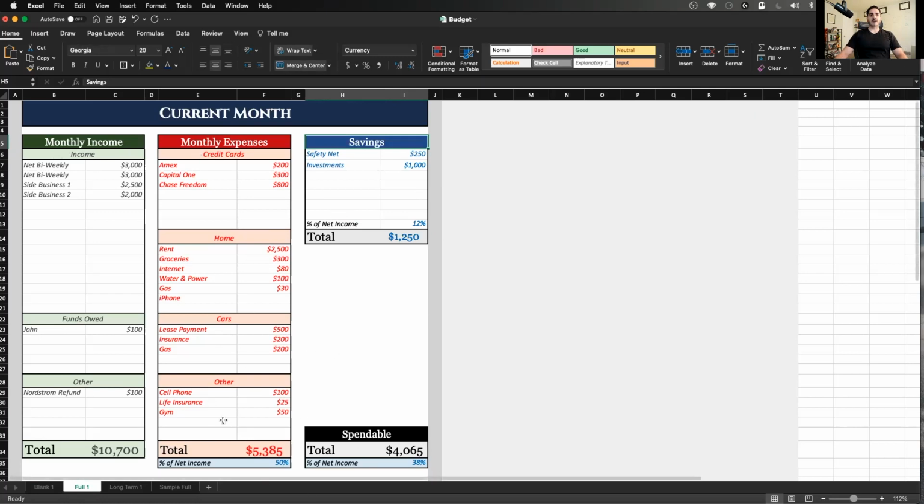And since this is all filled out now, we have some more expenses like gym, life insurance, right? Gas, what the average gas payments are that you pay for your car every month. Once all this is complete, you see that, okay, there's $4,065 left after my monthly income, my usual expenses, and my savings. Now, the spendable amount is typically the amount that you want to use for entertainment, going out, pocket money, right, for that month.